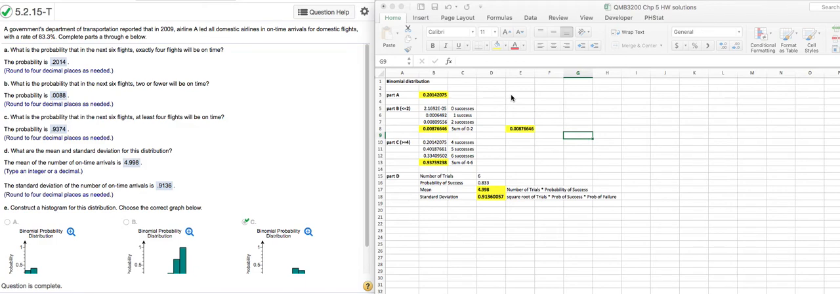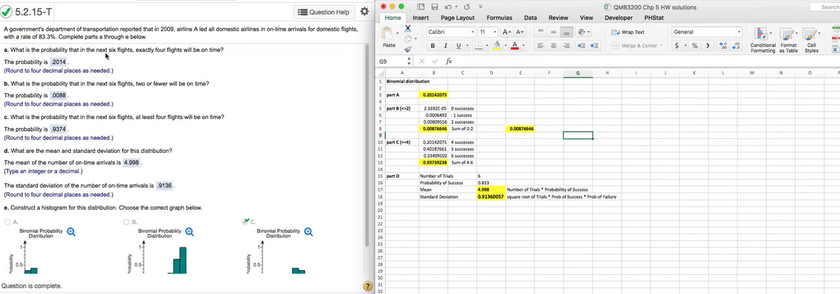And although it's not mandatory and you can solve problems in Excel without PHStat, I want to show you a couple of examples so you can see how much time you can actually save by utilizing it for at least some of the problems. So the problem that you see on your screen right now is a problem from Chapter 5. It's